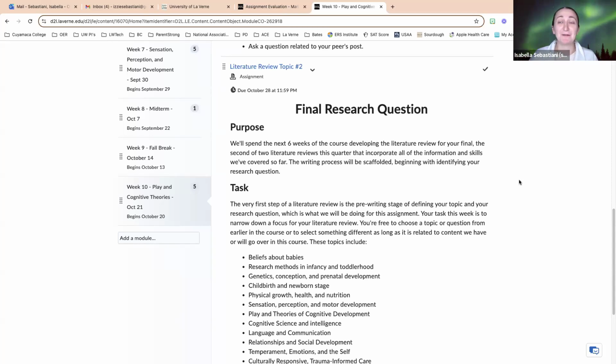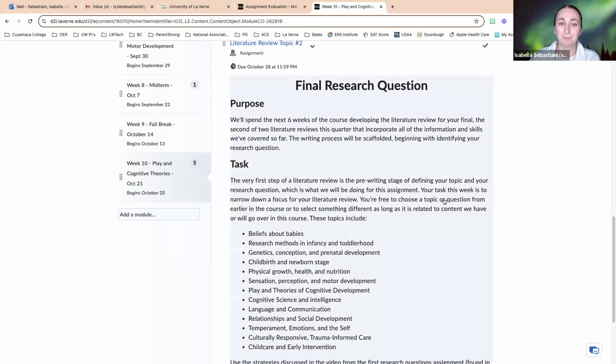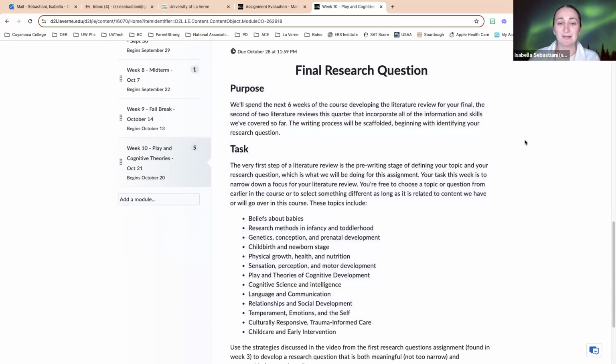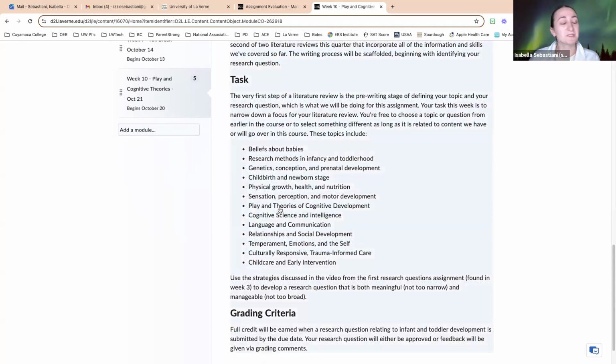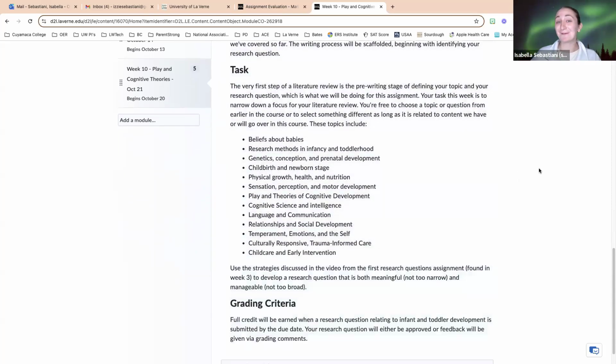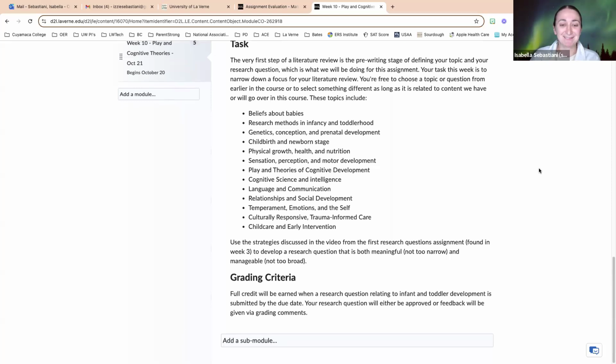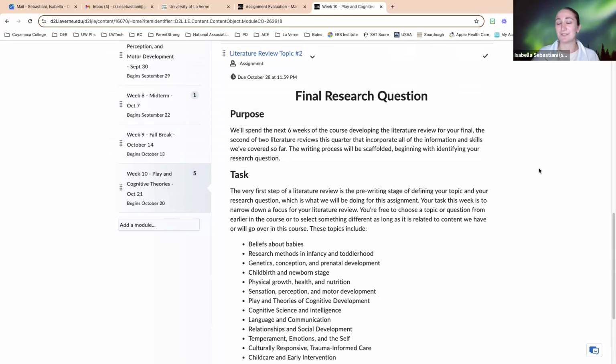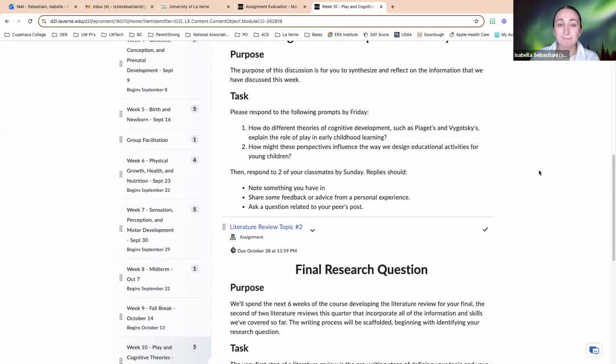I've also finished grading your midterms, so you can use those feedback notes to learn and apply them to our final literature review, which will be due again in about 6 weeks. And it's same thing, except we have more topics at this point because we're learning more these next 6 weeks. So yes, this is just the research question. What would you like to be researching for your final literature review? That is it, and that's due on Monday.